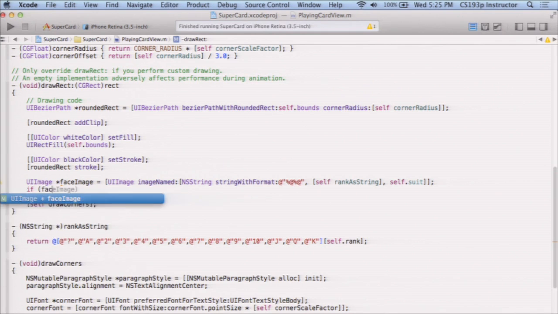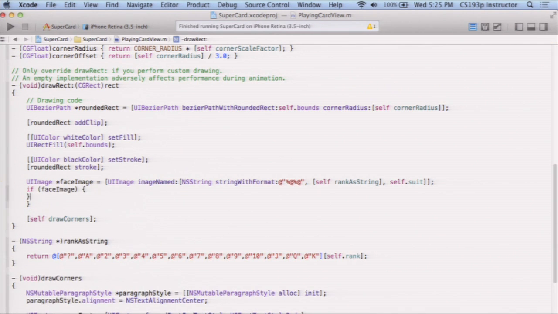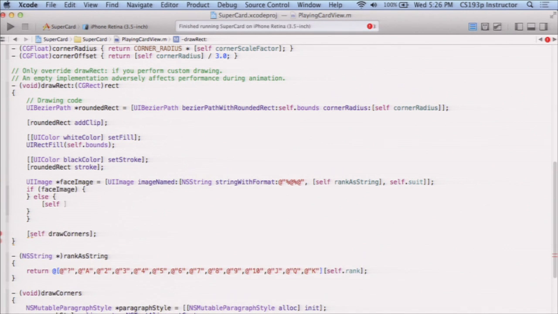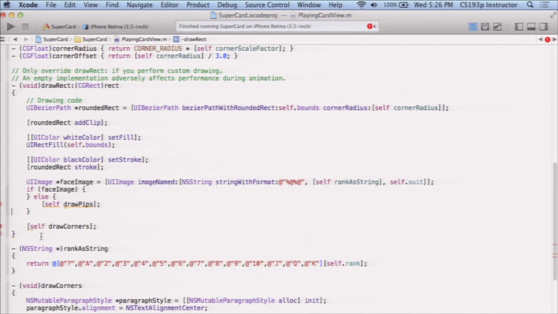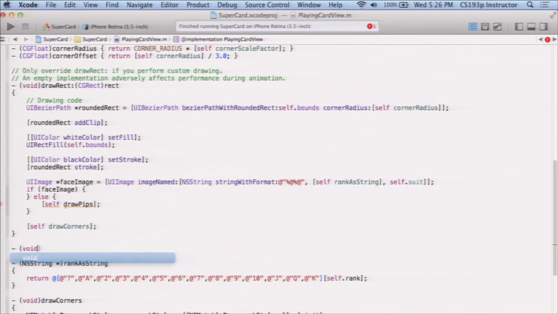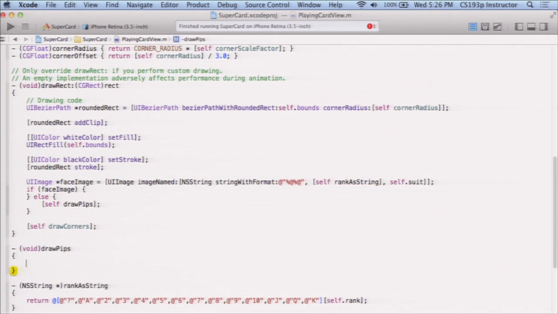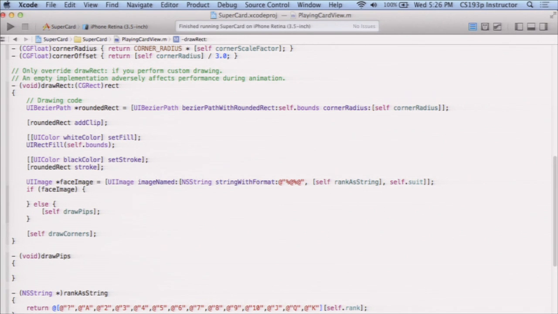So if it finds the face image, then I'm going to display it in the middle. Otherwise, I need to draw the pips, basically, because it's not a face card. So let's put a little draw pips here. We'll do that later. So the face image, how do I do this? Well, really, I just need to tell UIImage to draw this in the middle of my card. But I want to